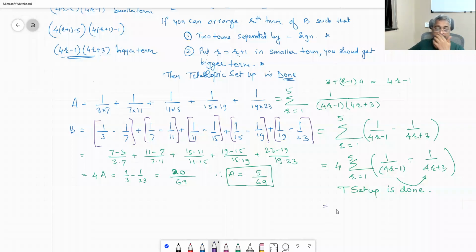We are solving for B. B is equal to 4 times, put R is equal to smaller limit in smaller term, which is 1 upon 4 minus 1, that is 3. All middle terms will get cancelled, and bigger limit in the bigger term, 1 upon 23. But this was B, therefore A is equal to